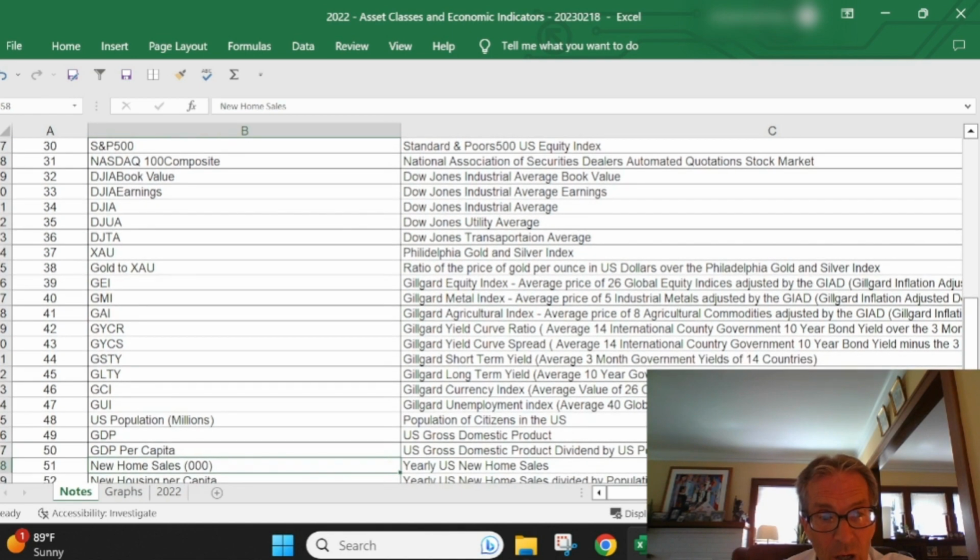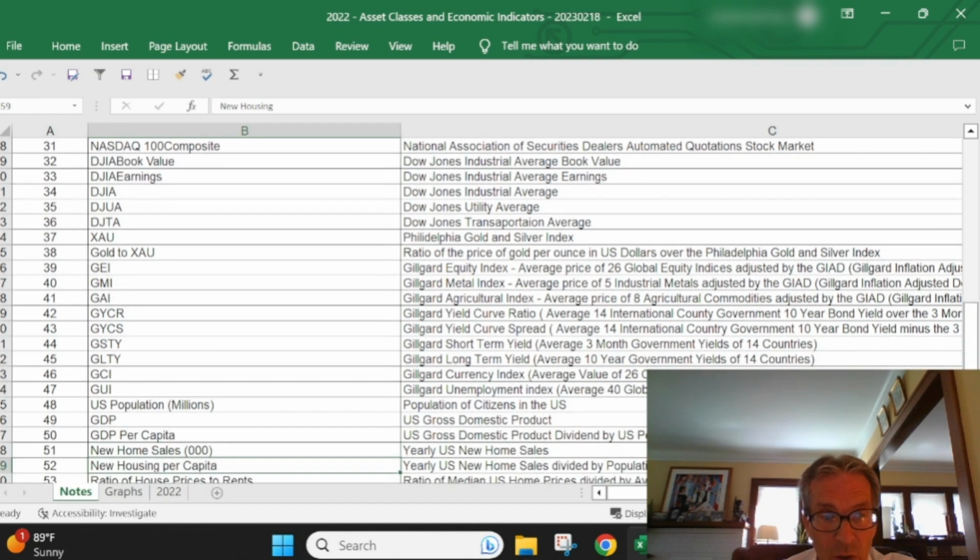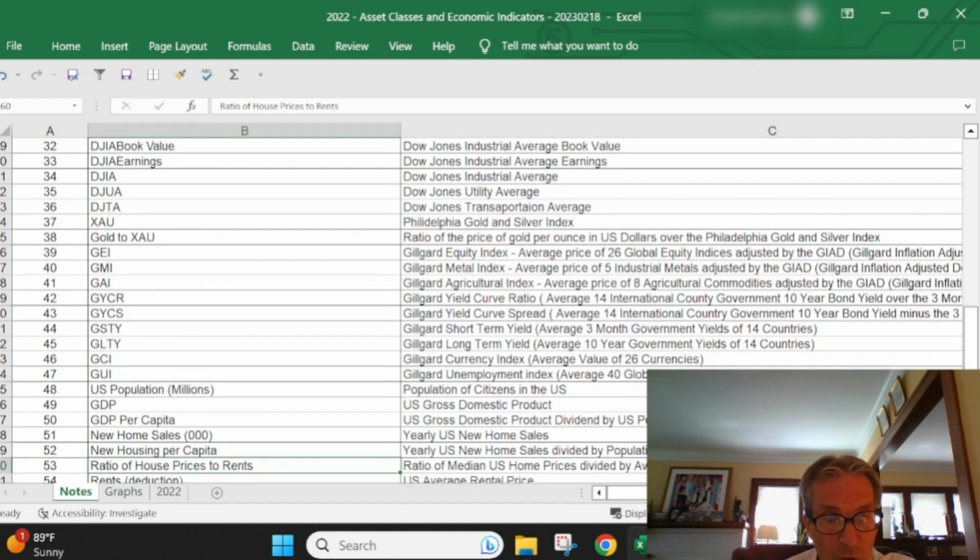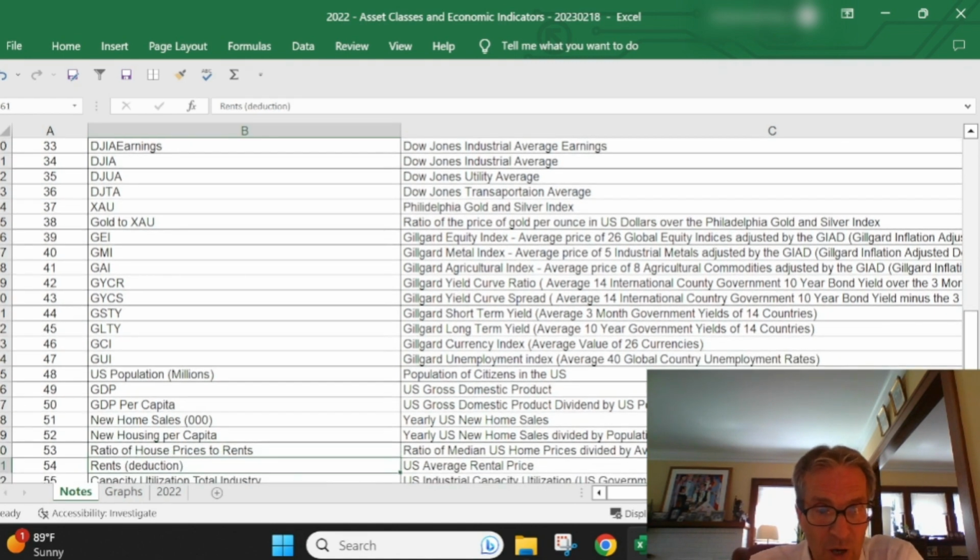Gross domestic product per capita, which I think is a more interesting number than just the raw GDP. New home sales, new homes per capita, much more interesting. We also have the ratio of house prices to rent. So this is to just give you an inkling. Is it more beneficial to rent versus to buy a house? And then we also have rents,